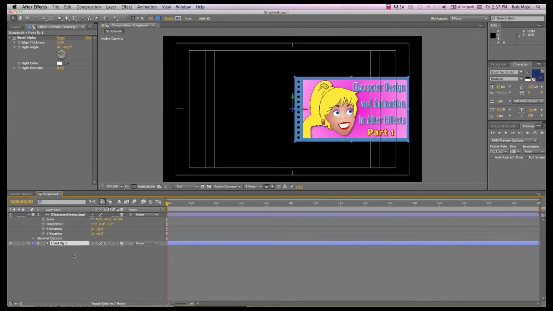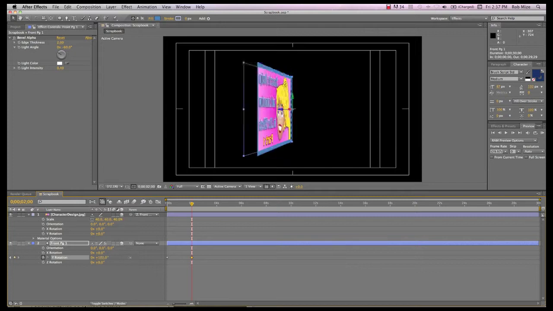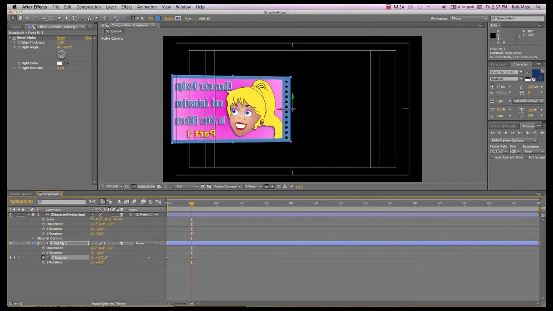Let's make both of these 3D layers. Parent the graphic to our front page and hit R to reveal the rotation parameters. Add a Y rotation keyframe. Come forward about 2 seconds and then bring that over to 180 degrees, and there's your first page turn.